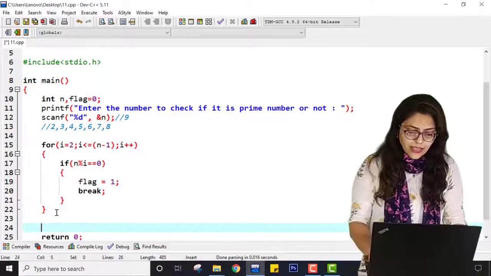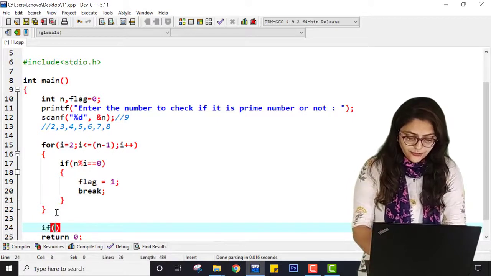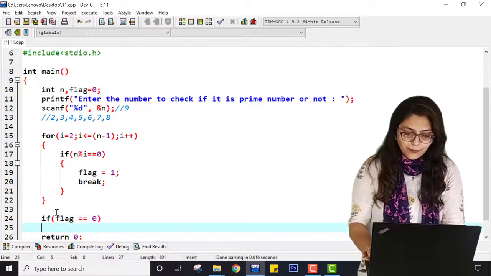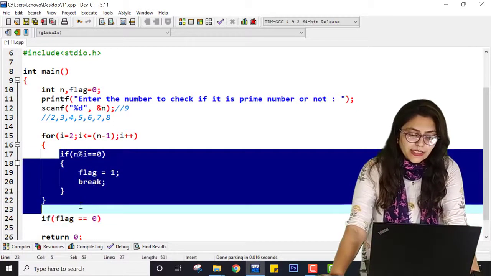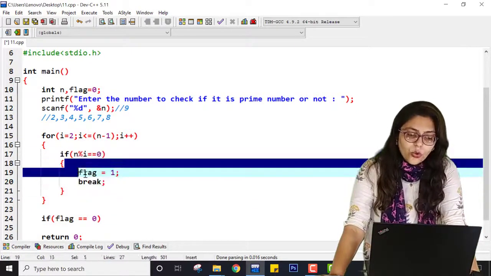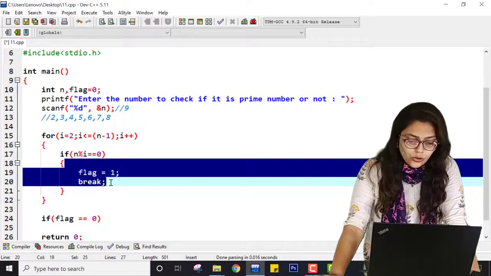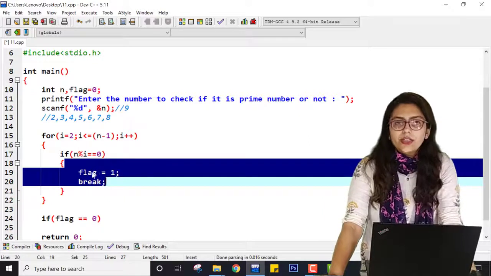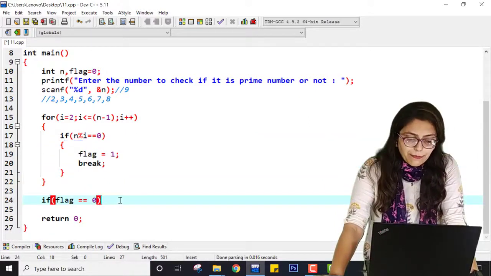So I can check if the number is prime or not. How? At the end of this loop it will check if the value of flag is equal to 0. That means none of these numbers can divide it. That's why it never goes inside this statement, and flag is initially 0. That means the number is a prime number.